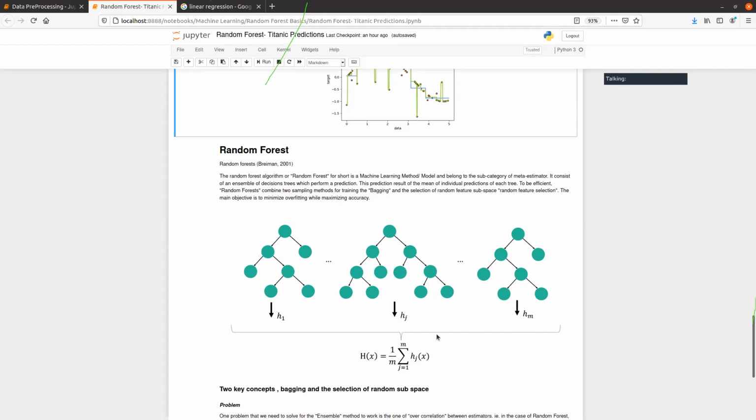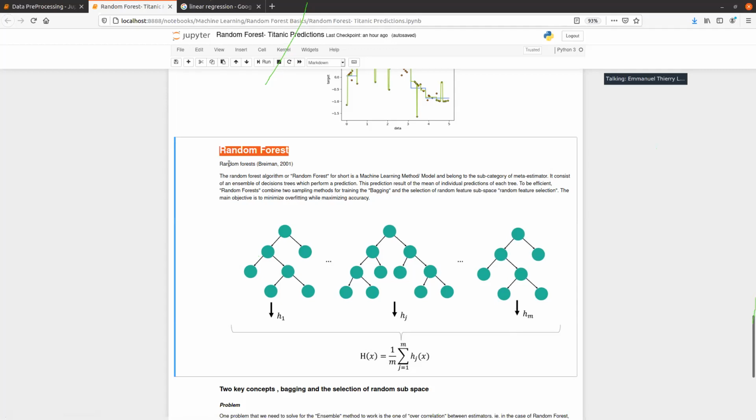And so just to be clear, that ensemble method is not limited to decision trees. You can do this with any machine learning model, but that method is most well known, I think, with random forest.